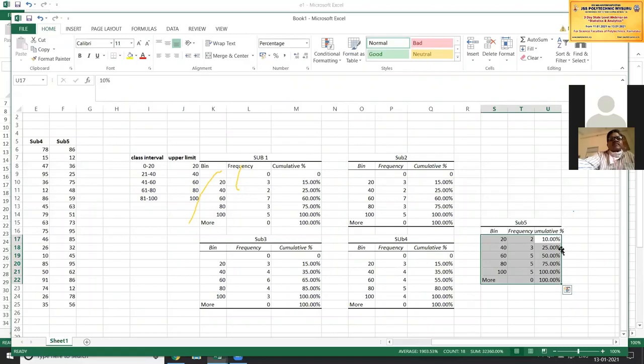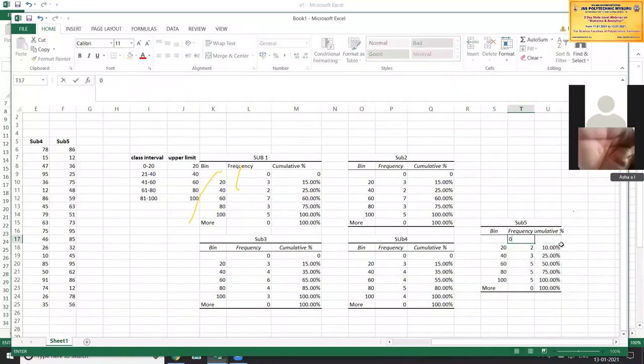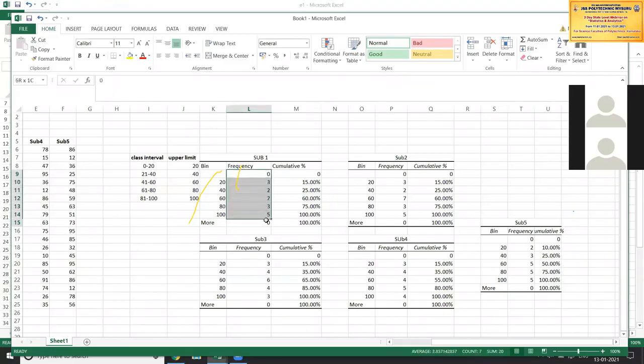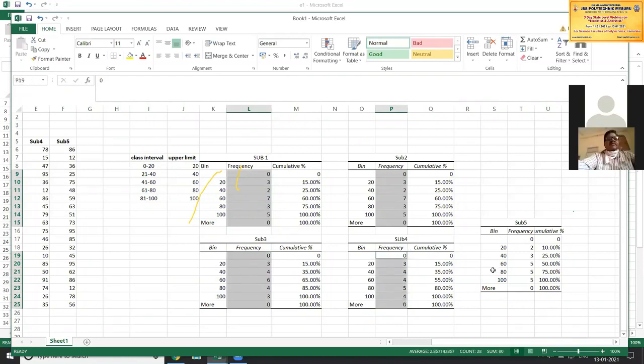Go to here, and you will have this plus mark with an arrow mark. Click on that and move one cell down. That's all. 0, 0. So I have started with 0 now. Again, I'll select the frequency from 0, then Control, second subject till 0, third subject till 0, fourth 0, and fifth one 0.